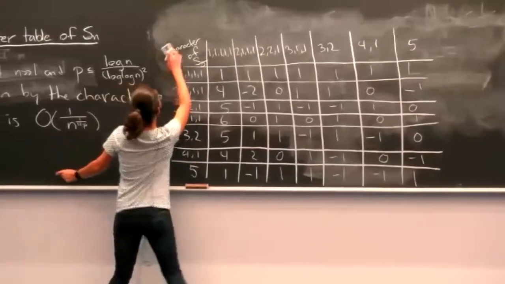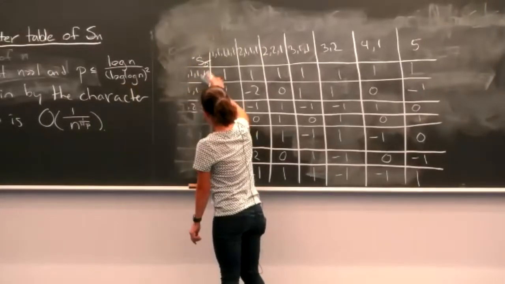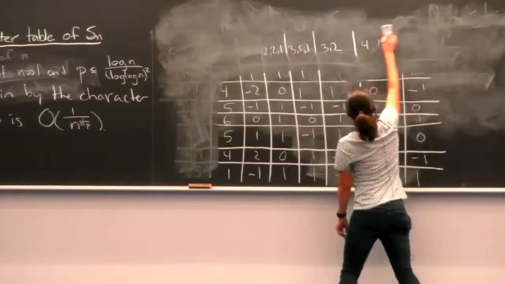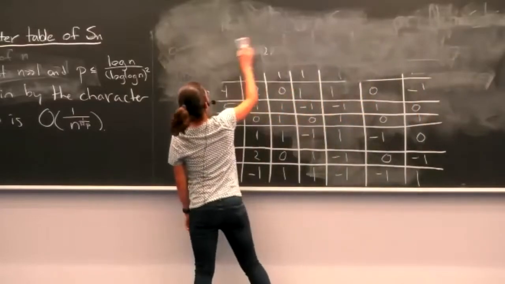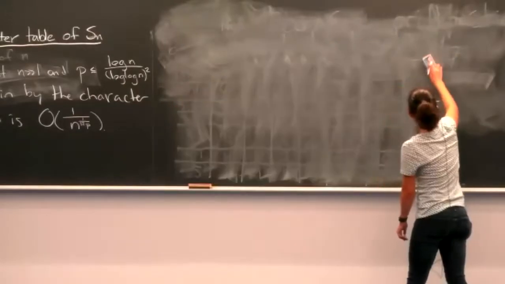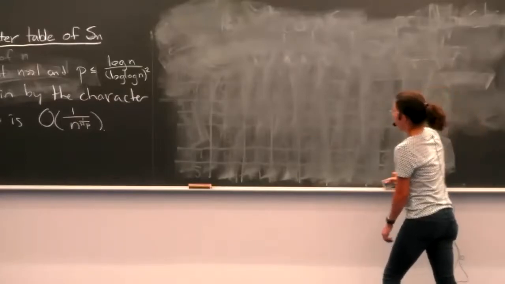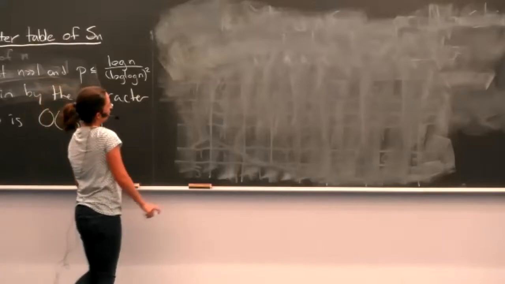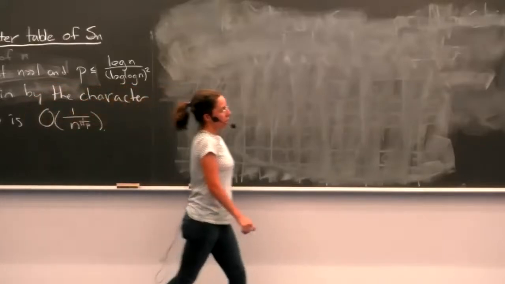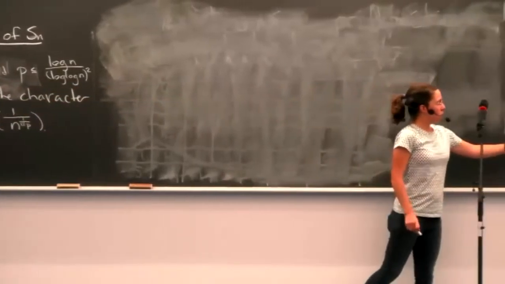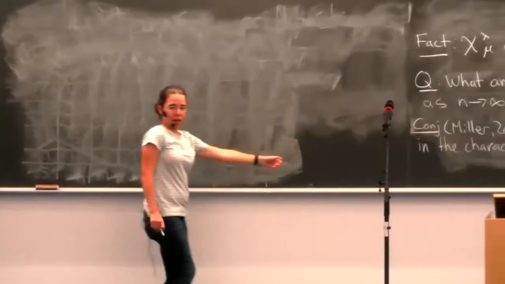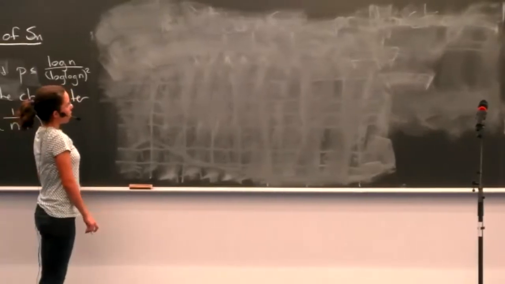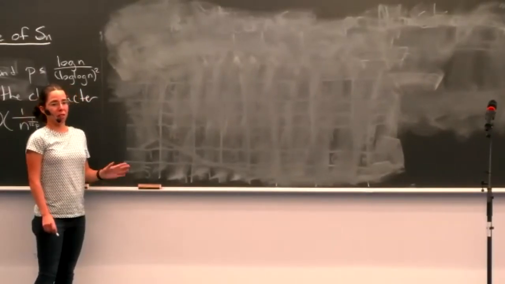So now we know about the divisibility properties of most entries of the character table of the symmetric group. But there are still some natural questions that we seem to not be able to say much about. Alex also looked at how many of the non-zero entries of the character table of the symmetric group are positive and how many are negative, and you notice that roughly half were positive and half were negative.